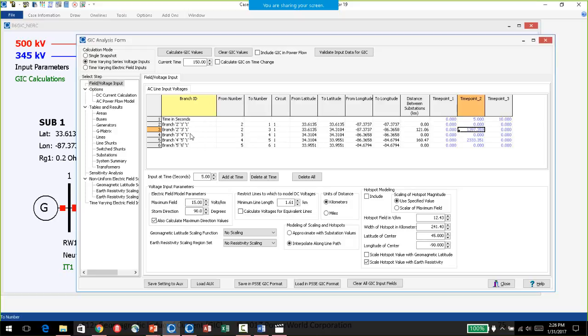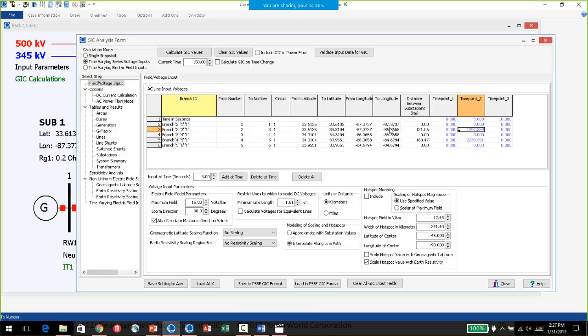It's not really that user-friendly for describing the transmission lines. Each transmission line is described from its from bus to bus. But normally you don't have to interact directly with each one. If you wanted to change that value for a certain transmission line, you could. But normally you're going to use a starting point as the field that you described here, or you might use an EMP event as being the starting point.